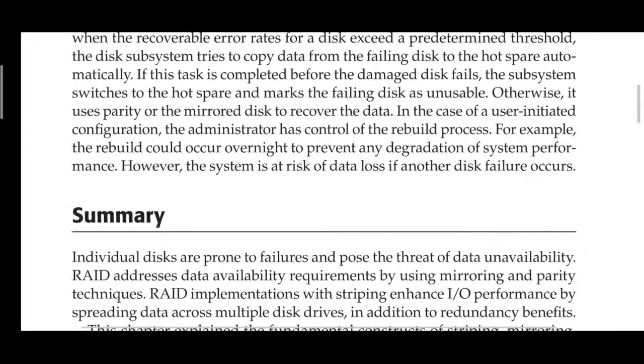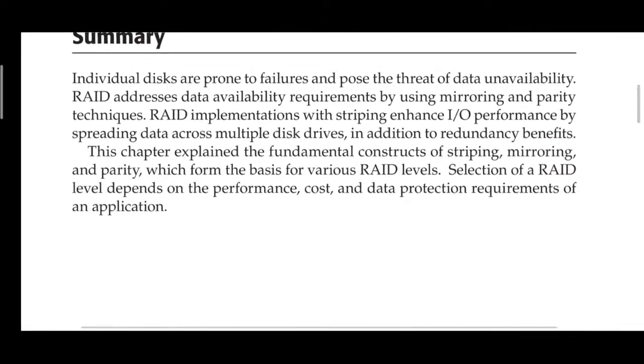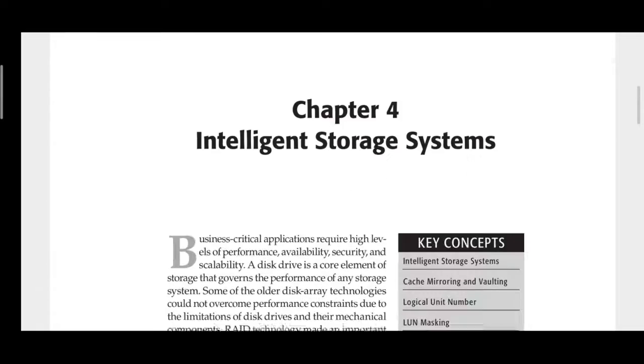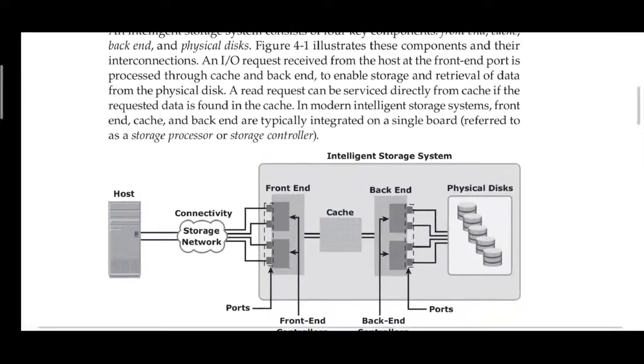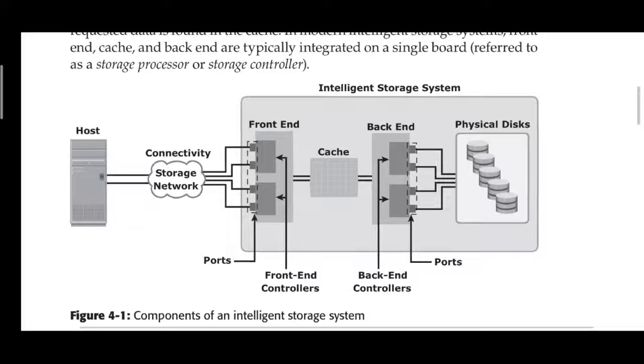Okay, so this ends chapter 3 of the first module. Next we have chapter 4, which is about intelligent storage systems. What exactly is inside the storage system? What are the essential components required to implement the storage system? That is what we are going to study. It is termed an intelligent storage system, and why it is called that you will come to know in this chapter. This is also part of the first module itself. I will complete this topic in the next session.